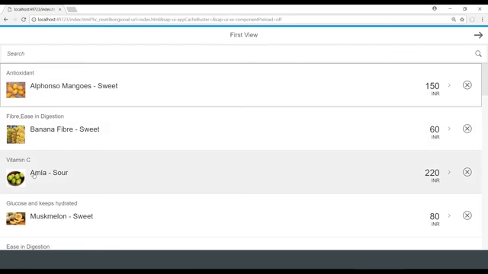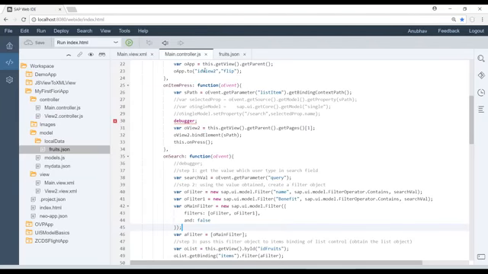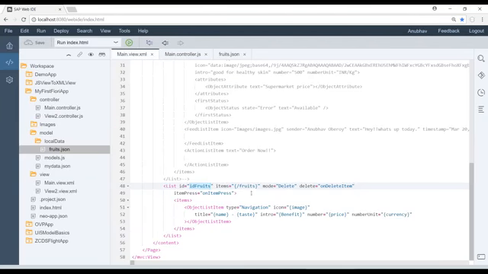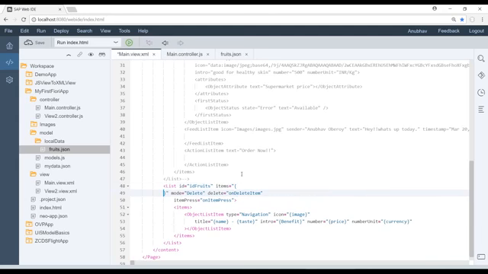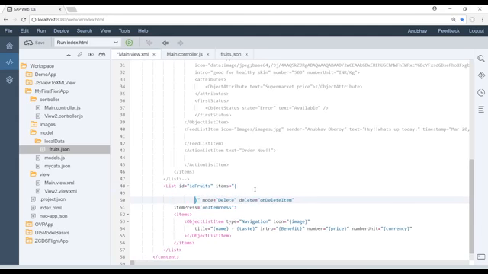Okay, so currently see amla, it should have come above the banana. I want to do sorting. How can I do sorting? So I can come back to my view, and then you can see here we are doing binding of items. So just a little bit of change here in the binding of items we need to do. Okay, so we just put path,